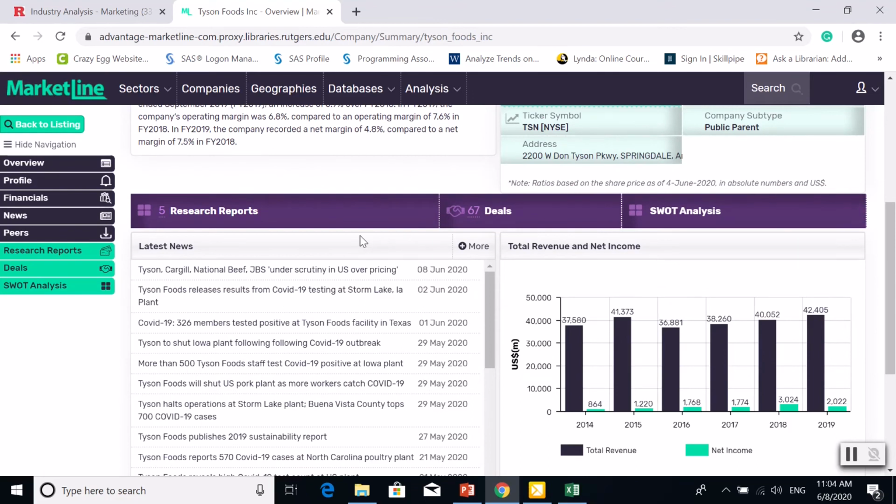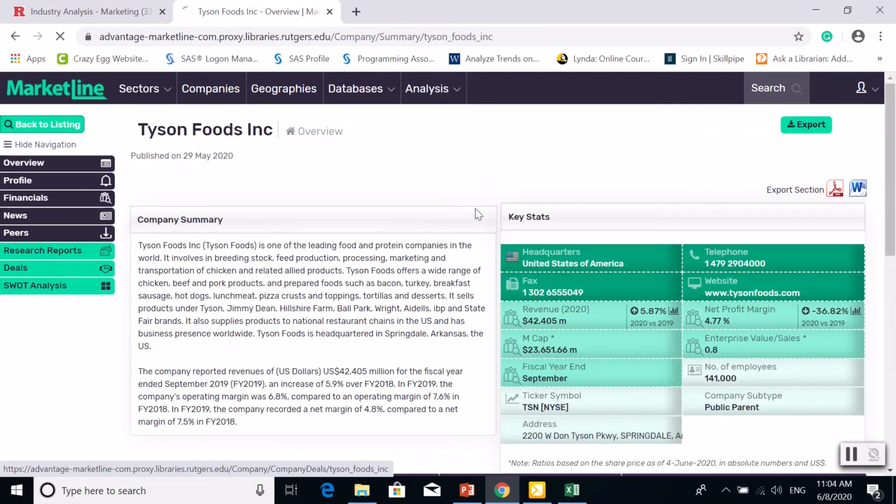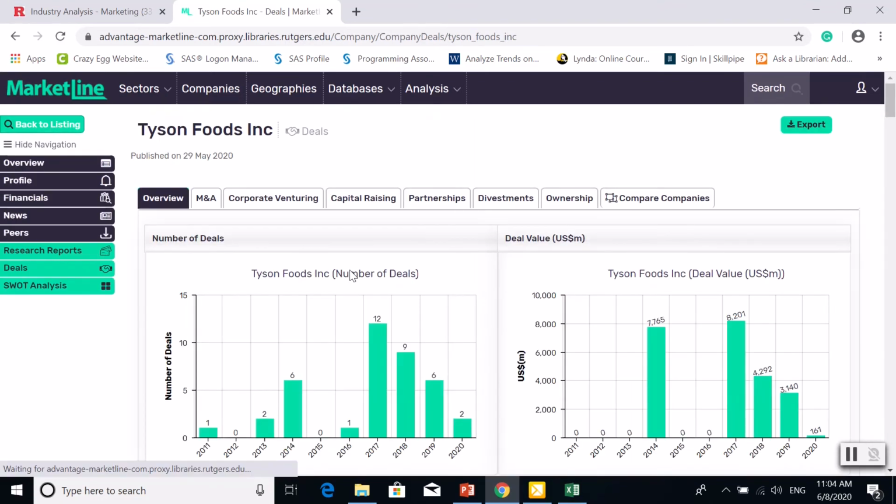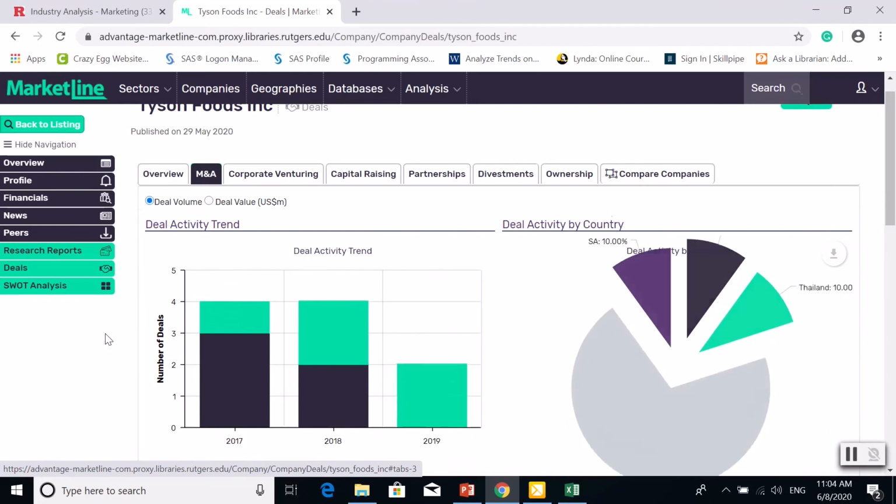So the good thing about this is, look at all the research reports pertaining to Tyson Foods. We can look at their mergers and acquisitions data. So we're going to click on deals, and it shows a total of 67 different deals. From here, we're going to look at mergers and acquisitions, and we're going to